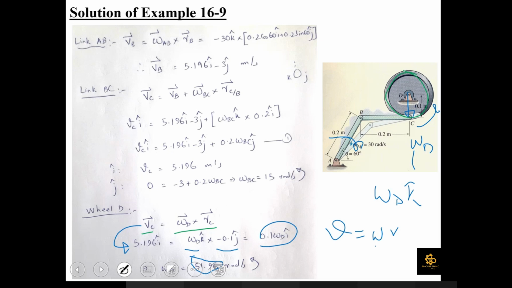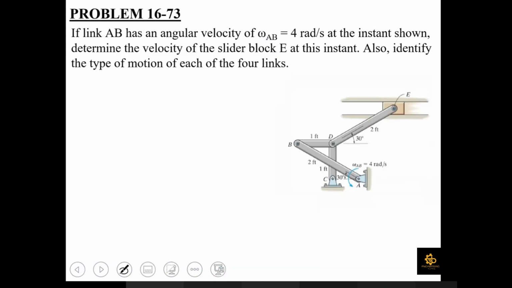एक जिसमें 2 ट्रांसलेशन, एक जनरल प्लेन था। सेकंड एग्जांपल में एक जनरल प्लेन, एक रोटेशन, एक ट्रांसलेशन थी, और थर्ड में 2 रोटेशन और एक जनरल प्लेन मोशन था। आई होप कि ऑल दीज 3 एग्जांपल्स आर क्लियर टू ऑल ऑफ यू. Yes, sir. ओके, अब हम करेंगे क्या कि अगली प्रॉब्लम एक्सरसाइज की हम एक दफा देखते हैं, लेकिन अभी हम